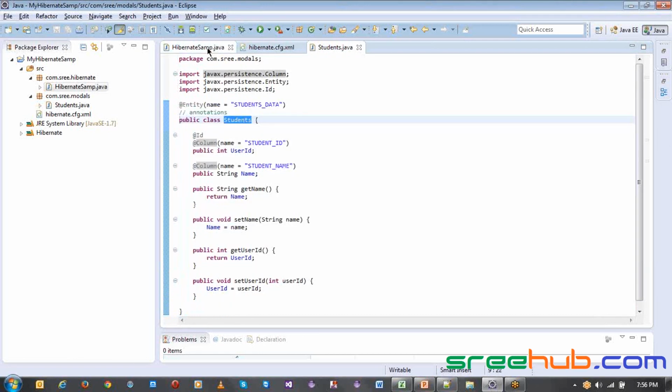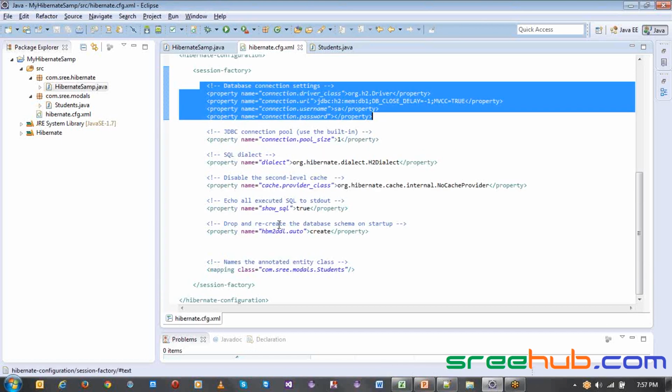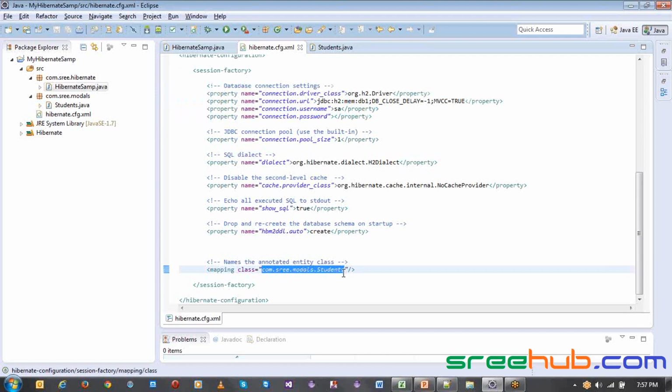This is a normal object which I've created, so this has nothing to do with any Hibernate configuration. I haven't used anything of that. Now I'll show you where exactly I'll be mapping this object, so that it will be mapped to the mapping entity class where I'm using it here. Now here